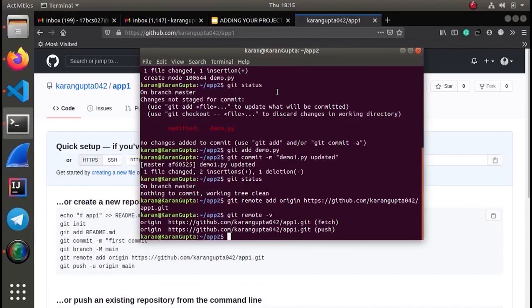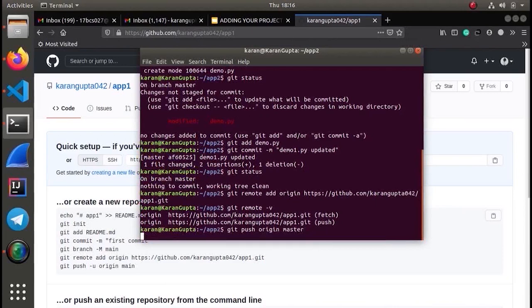After connecting the local repo to the GitHub remote repo, it's time to push this local repo to GitHub. We will use the command git push origin master. This means we are pushing the local repo to the remote repo's master branch.